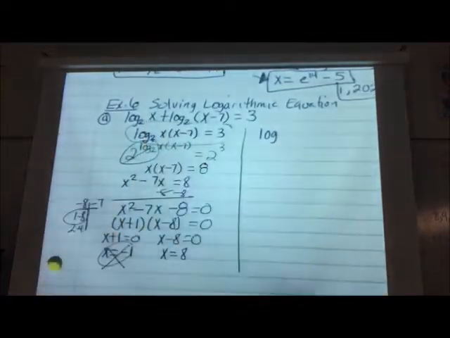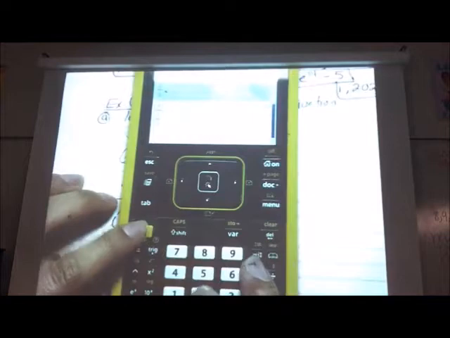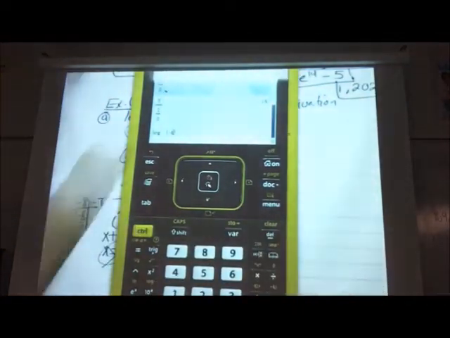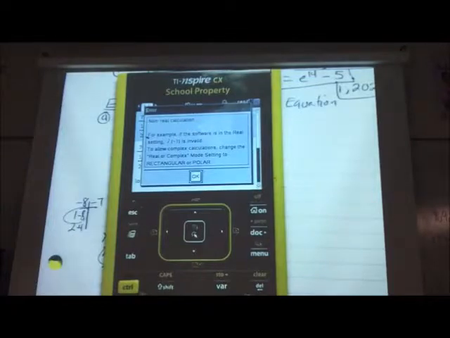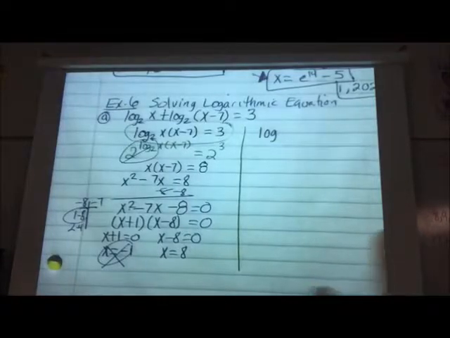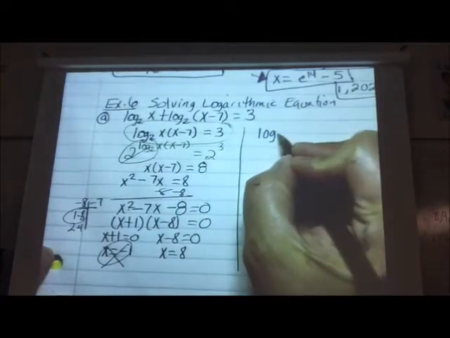Just so you see it, not just because Ms. Benya said so, I'm going to put log of negative 1 or negative 4, I just type it. The answer says we cannot calculate it. So anytime your answer is negative, it's not going to be part of it, but we still need to check that 8 works. So I'm going to put 2,